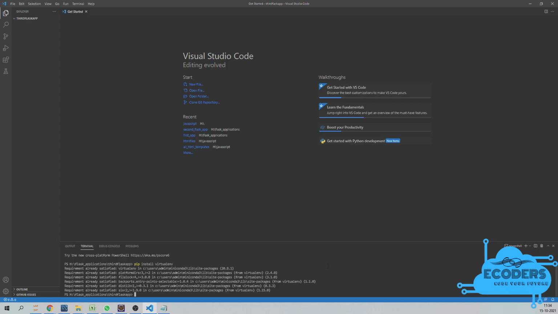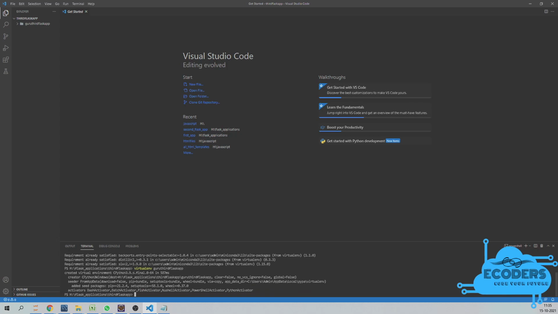So first I'm going to create a virtual environment by using this keyword, virtualenv, which we have already installed, and now we have to give the virtual environment's name. So I'll just say Guru third Flask app. This is going to be the virtual environment's name which I'm going to create. Just hit enter and it is going to create the virtual environment for us.